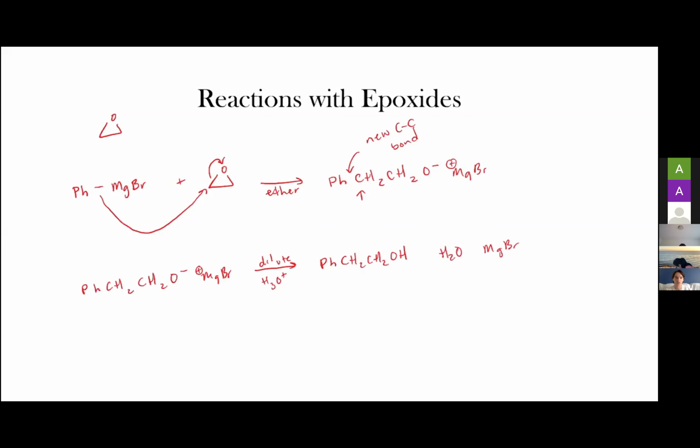Yes. So these reactions again are great for extending carbon chains and the production of alcohols. This is a way to produce an alcohol as well. So that's all I have for this lecture in terms of content. If anyone has any questions about anything, feel free to ask either myself or